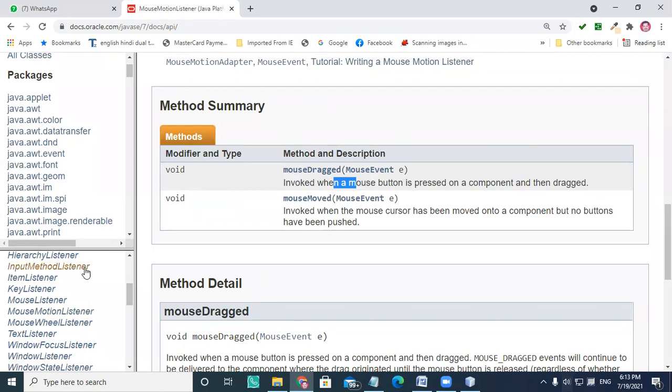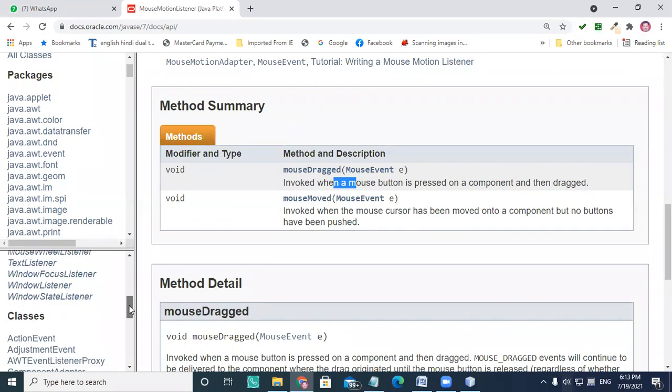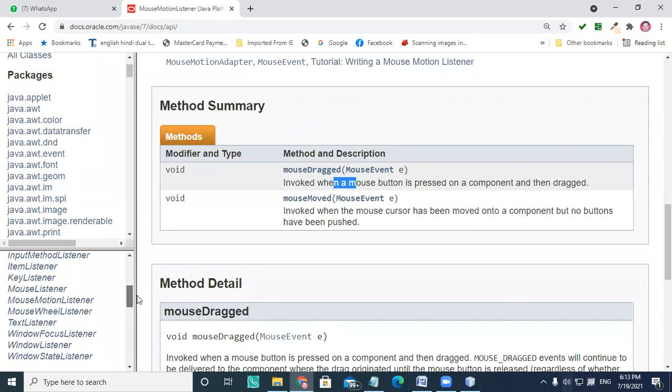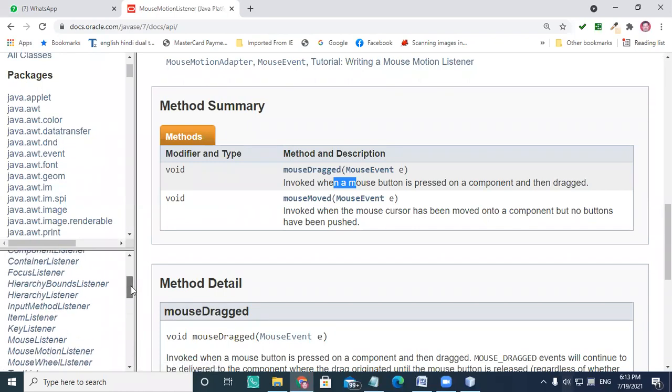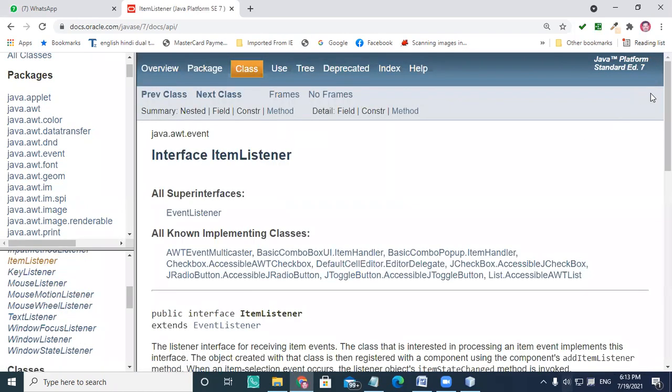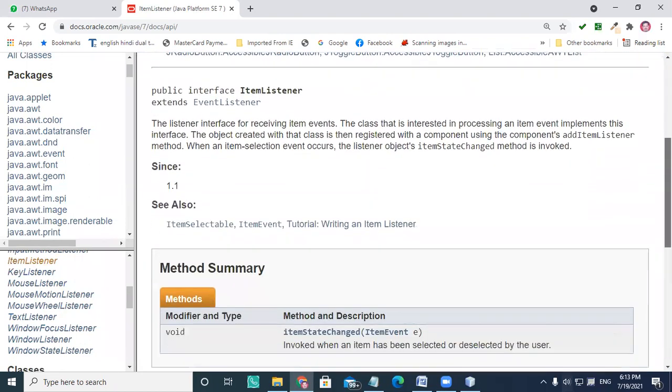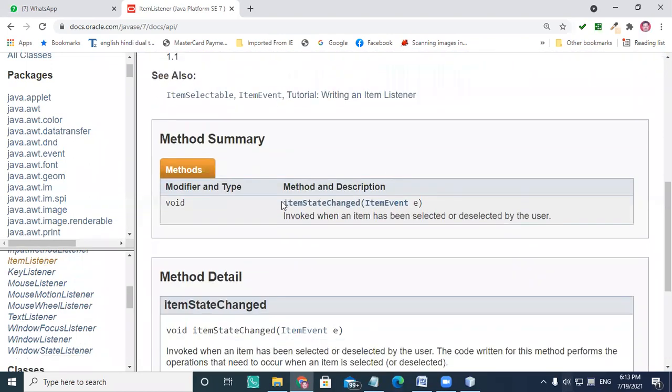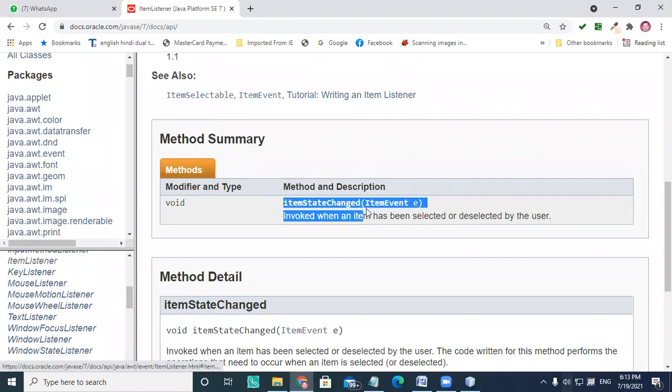So when you click on a particular item from the list box, the ItemListener is called, and all these are interfaces. You are selecting the item, so it's changing the state whether it is selected or not selected.